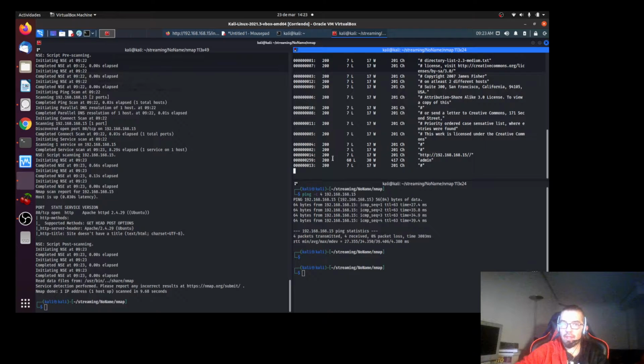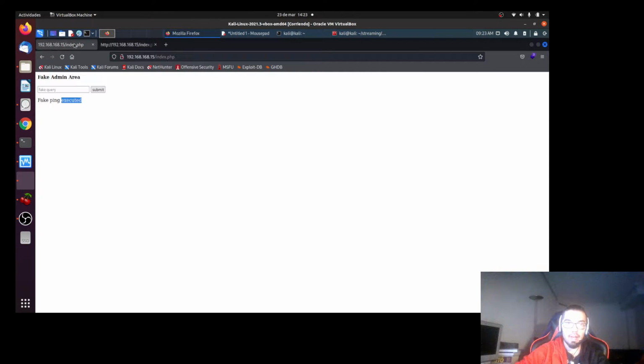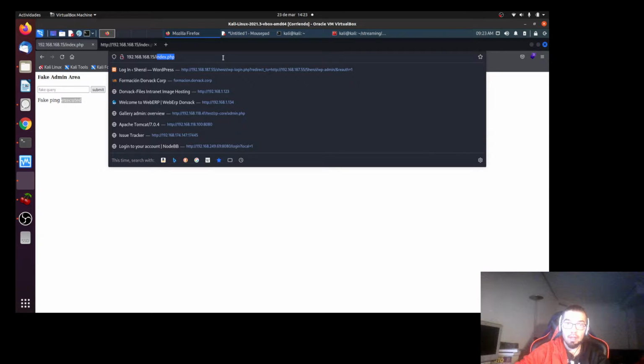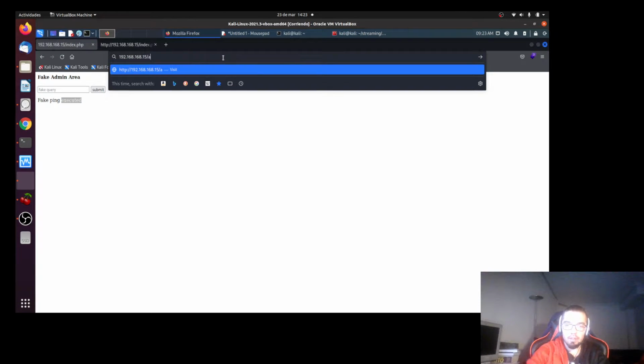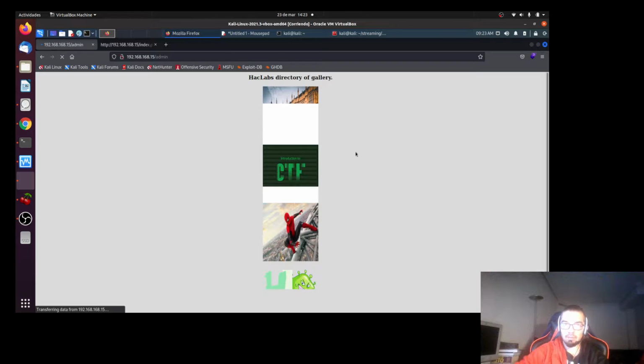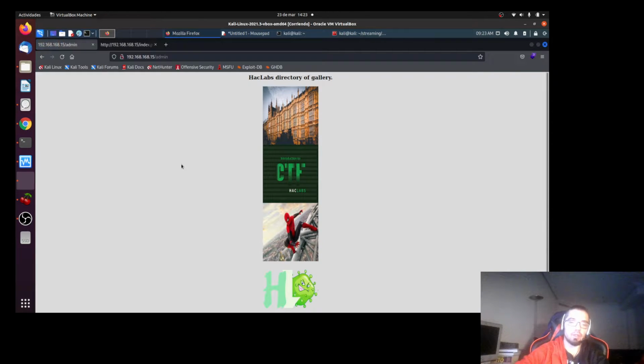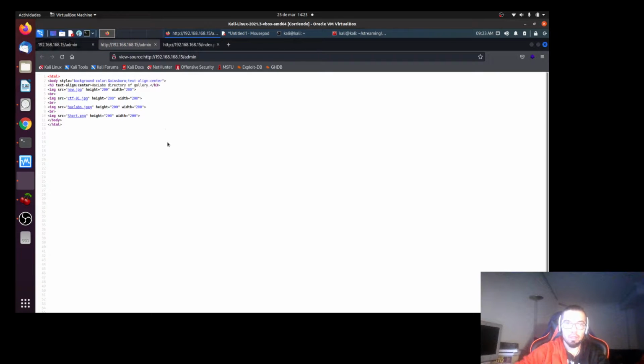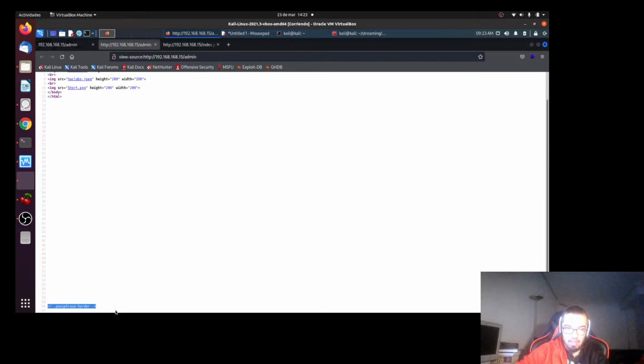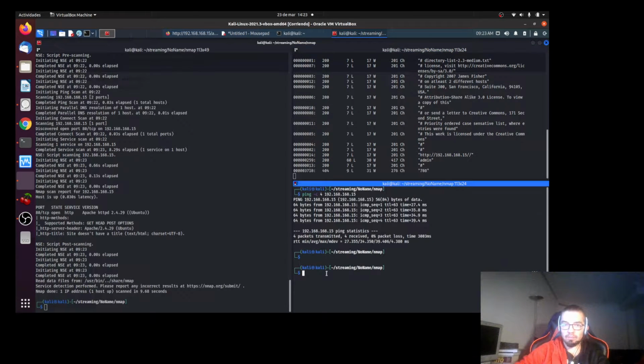It says there is an admin folder, so we can go to the admin folder, the hacklabs directory gallery. We can review the source code, background color, there is an image, and it says, whoa, parse steghide. So at the directory data,